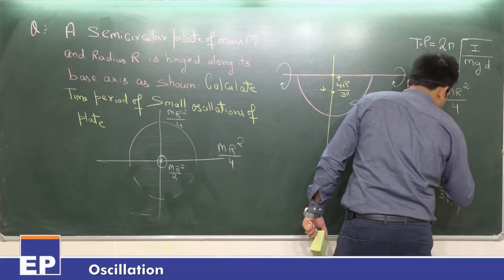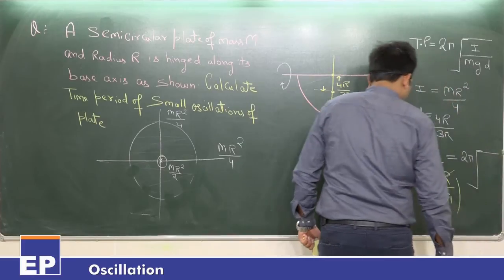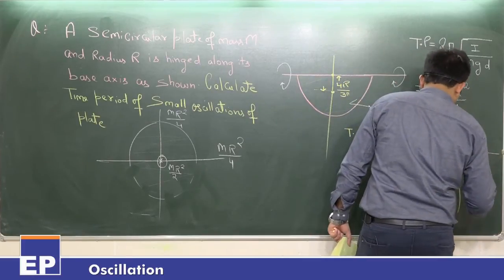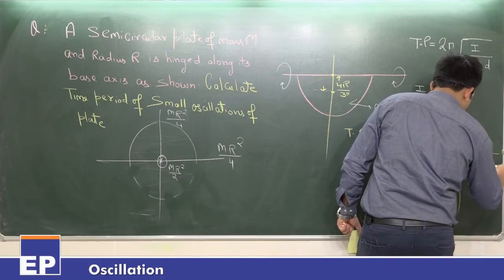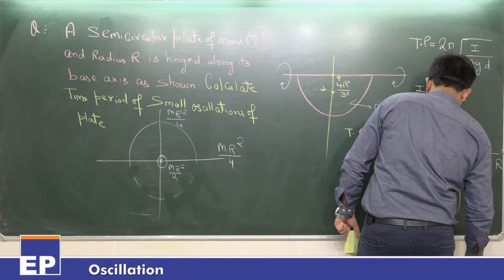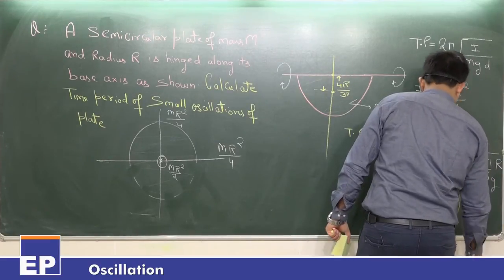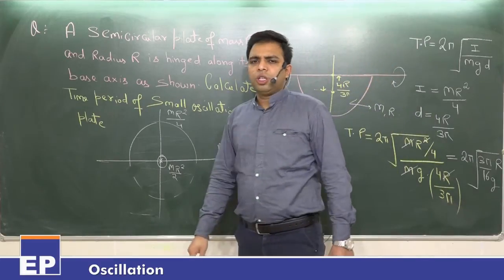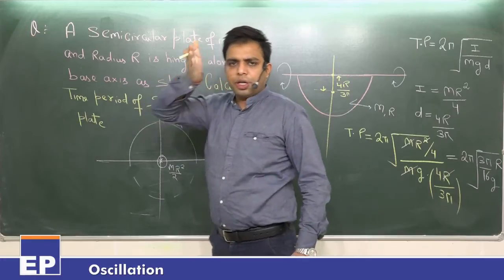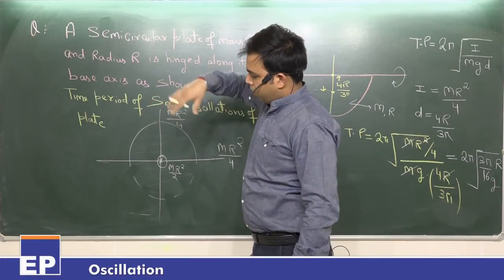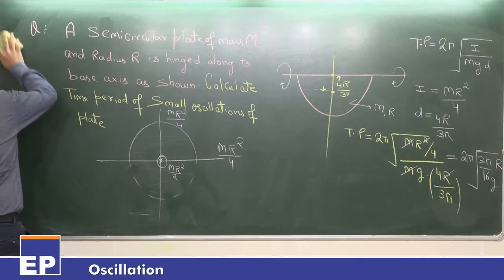So you can say it is 2 pi under root of 3 pi r upon 16g. That is the value of the time period of the oscillation of it. ये ऐसे rotate करेगी एक्सिस के बहुत इस तरीके से. Are you getting it? That is the point. Next.